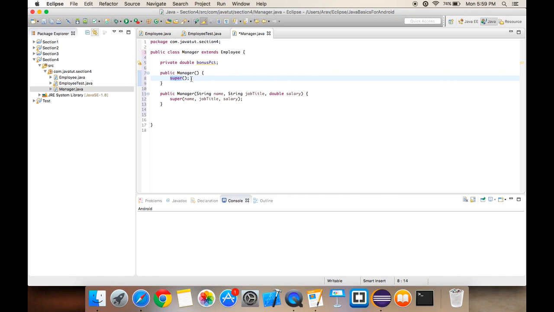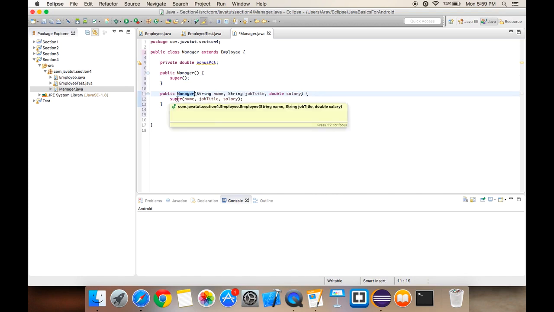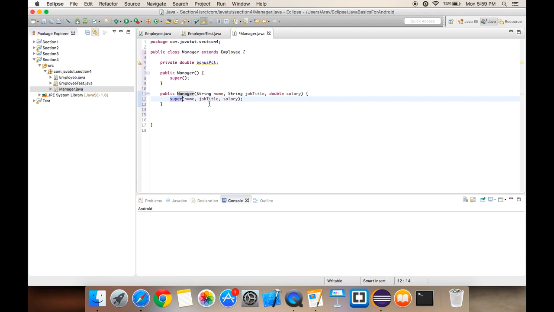So these are the terms. Parent class and super class mean the same, and child class or a subclass mean the same. So a super call calls the constructor in the parent class. Now here we have a manager constructor, right? That has only three fields. And using the three fields, we are calling the parent class's constructor that takes the three fields,